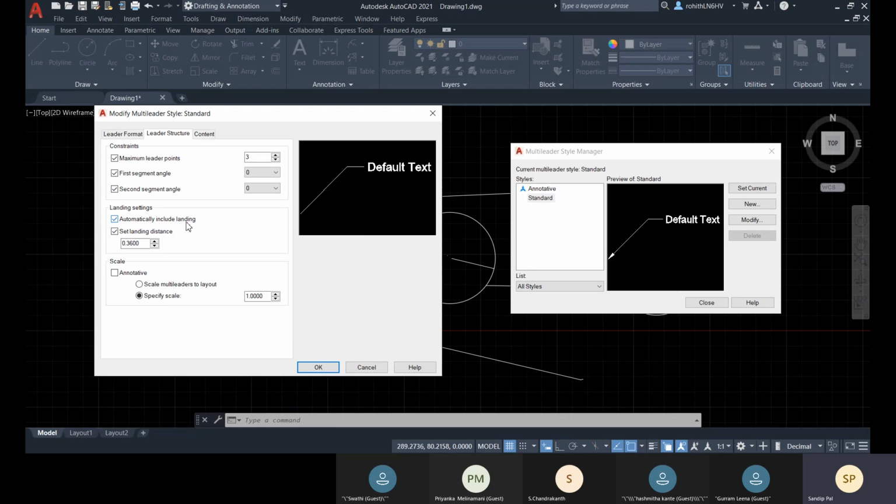And it will automatically include landing, and there will be this landing distance. So here you can decrease this one. Okay, let me bring that back.